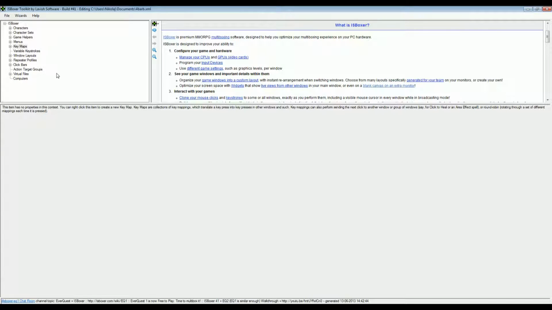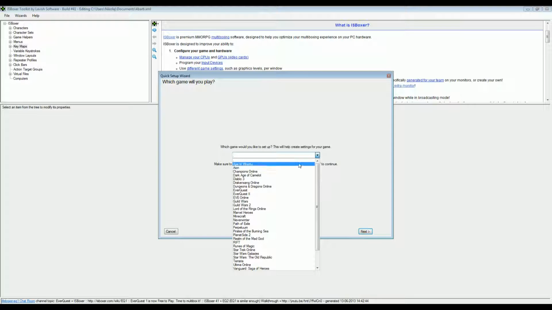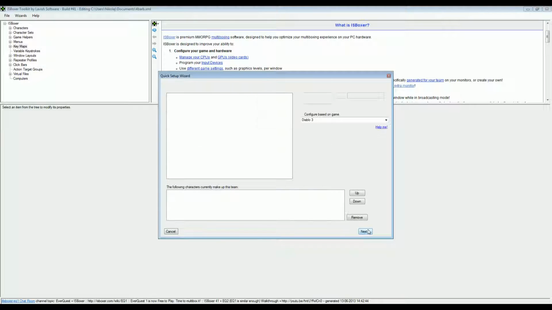When you've done with this, we will go back to ISboxer here. The easiest way to set up your first team is by going into wizards and click the quick setup wizard. In here it will prompt you to choose the game of your choice, and today we're playing Diablo 3. First of all, we'll have to add some characters to the screen. Here you have to decide if you want to play 1, 2, 3 or 4 characters. We will just make a few